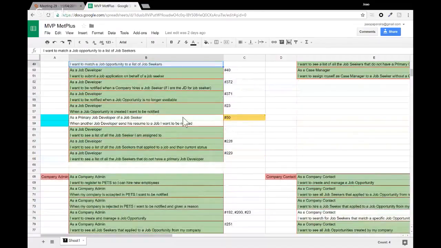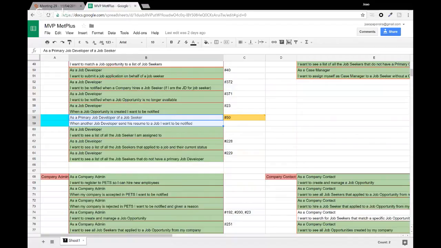The other task we have here is the notification of the job seeker. Let's imagine that you're not the primary job developer for a job seeker, and you want to send their resume to apply for a specific job. The primary job developer should be notified.